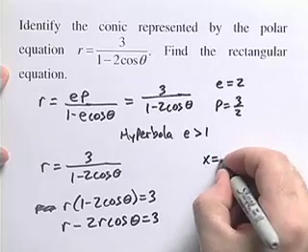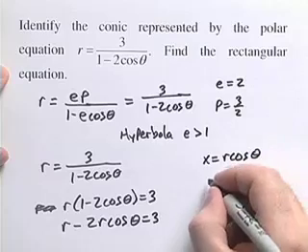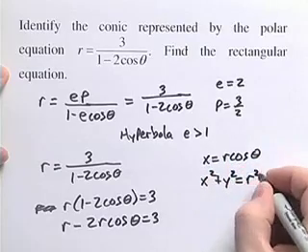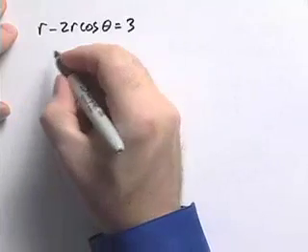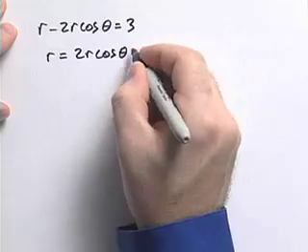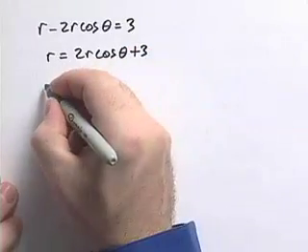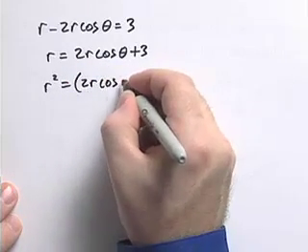Since we know that x is equal to r cosine theta, and we have x squared plus y squared is equal to r squared, to continue on to get our rectangular equation, we want to isolate the r term. We're going to add 2r cosine theta to both sides, so we get r is equal to 2r cosine theta plus 3. Next, we'd like to square both sides, so we'll have r squared is equal to 2r cosine theta